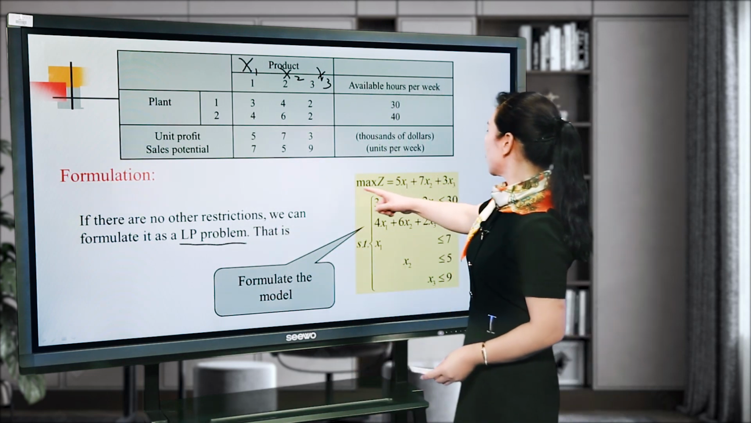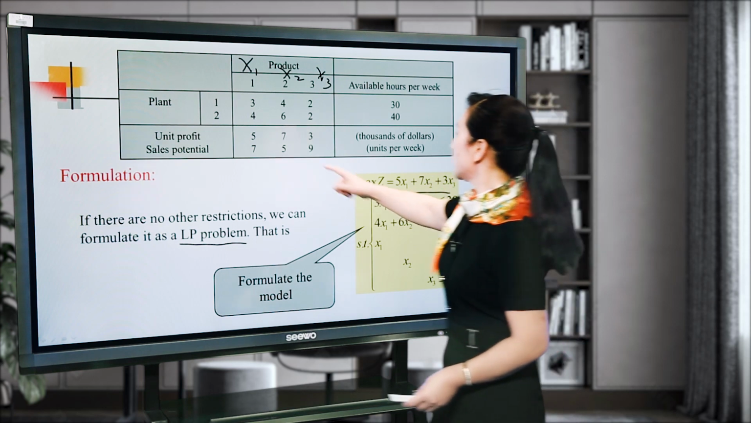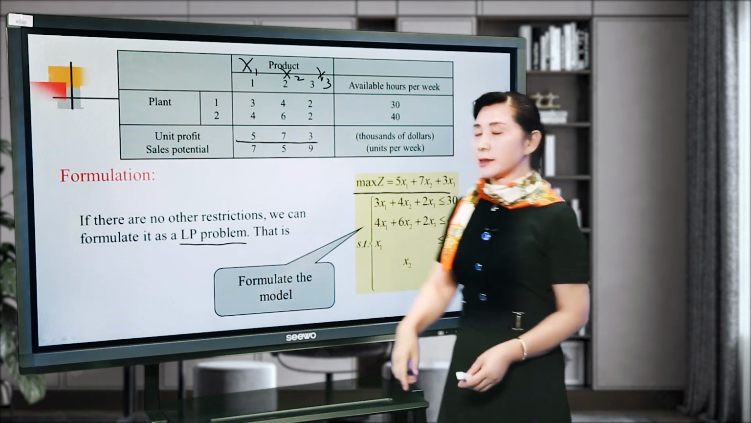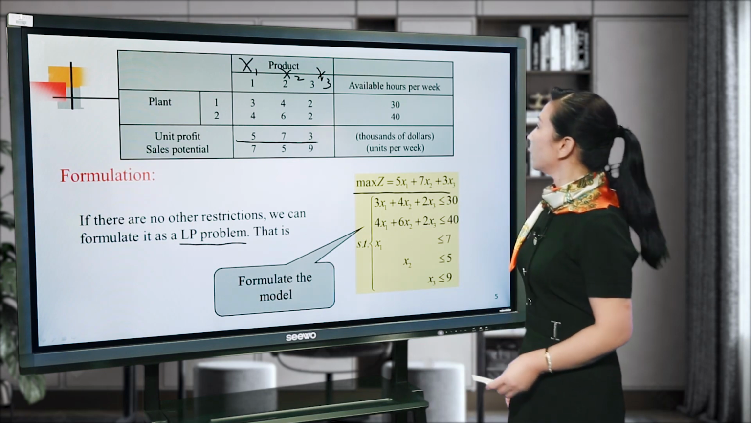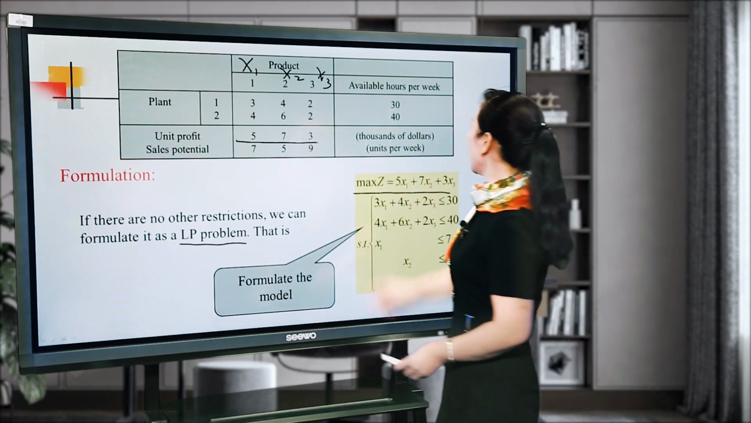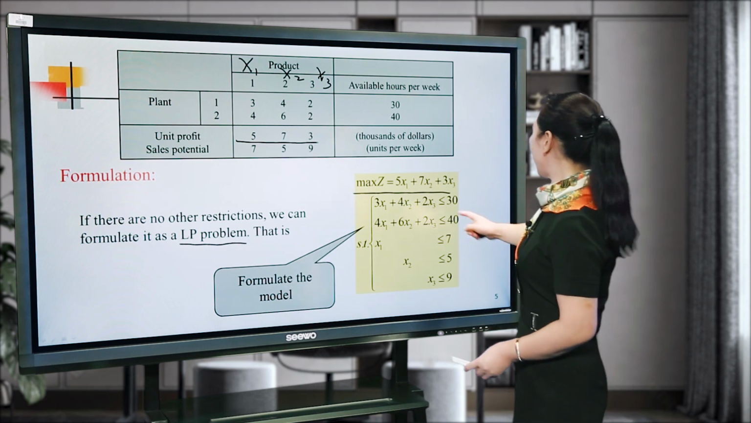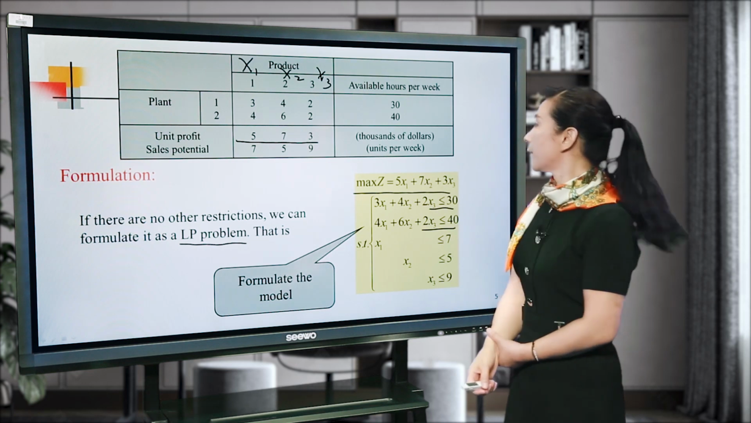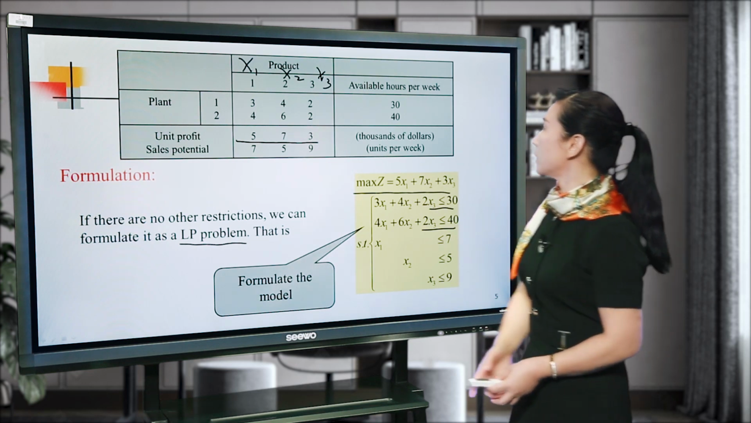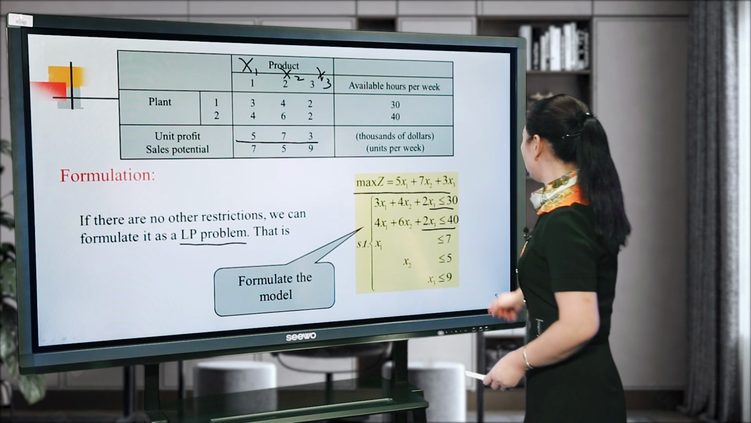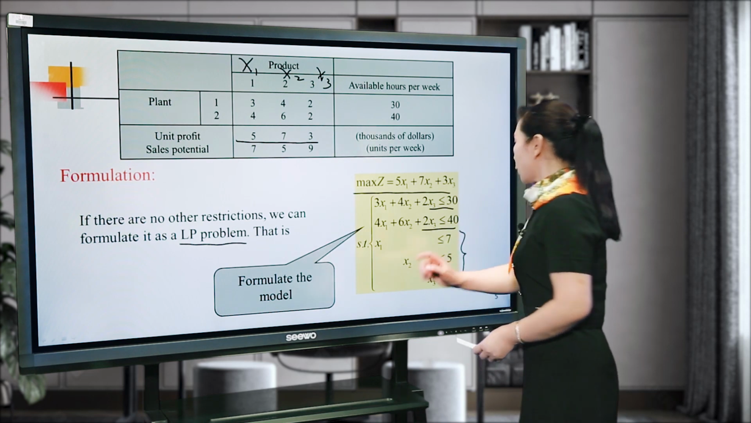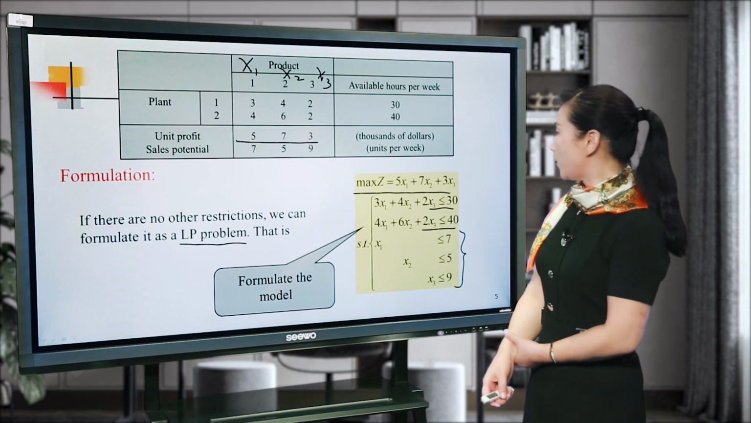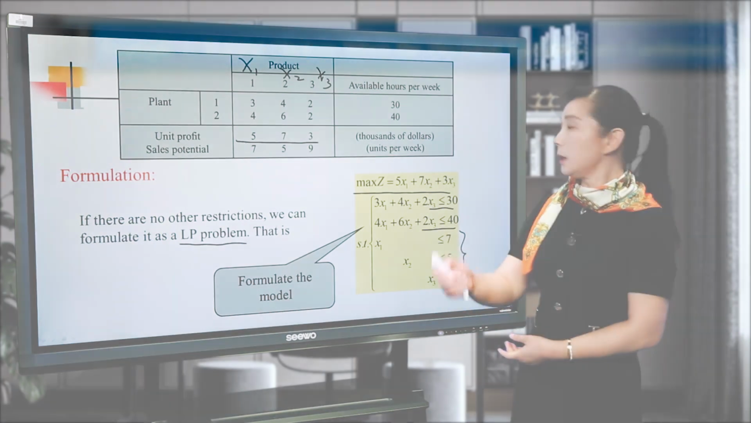The objective function uses the unit profit times the decision variables, and the constraints are the limited available hours of the 2 plants, which we write as these 2 constraints. The sales potential of each product we write as these 3 inequalities. So this is an LP program, but in this program,